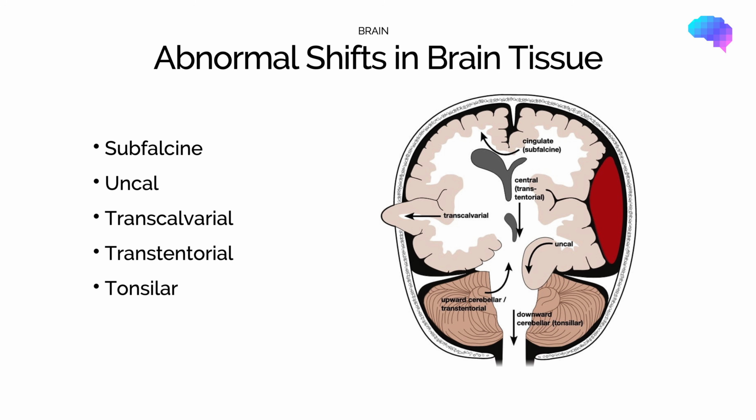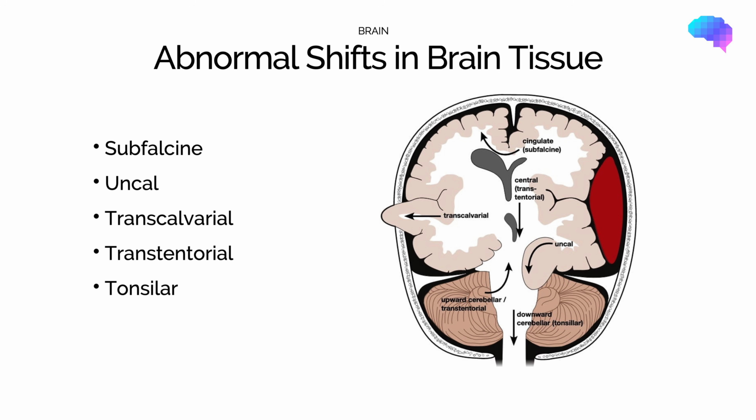So there are a number of different types of herniation in the brain, and they can be quite hard to appreciate in a 2D plane, so you might have to take a bit of time yourself getting your head around where these areas of brain are moving in a 3D space. But the image on the slide illustrates quite nicely a small summary of the types of herniation and which areas of the brain are affected. So if we quickly go through each type of herniation,